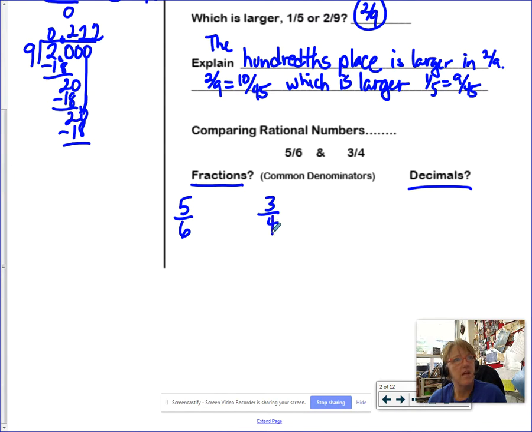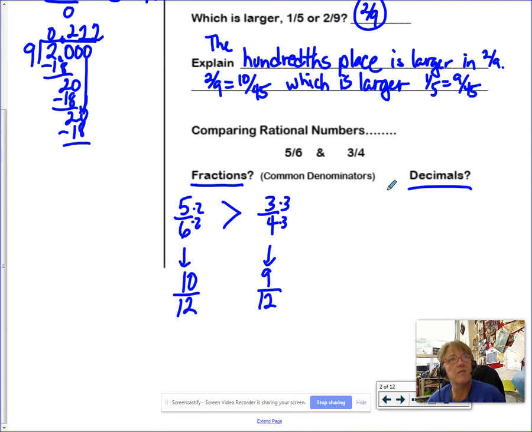here's 3/4. I need to change each of these into a common denominator now to see if I can compare. So start thinking 6, 12, 18, 24, 30, 36, and so on. It turns out a common multiple for both of these is 12. So change each of these fractions, times 2 and times 3. This is 10/12, 9/12. They're super close. Looks to me like 5/6 is really the larger fraction, not by much, but 10/12 is bigger than 9/12. If I wanted to turn these into decimals and compare them that way,